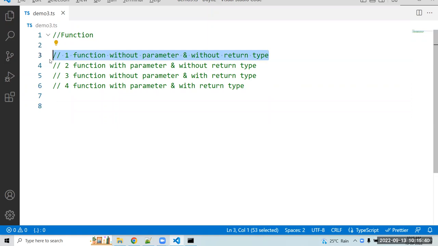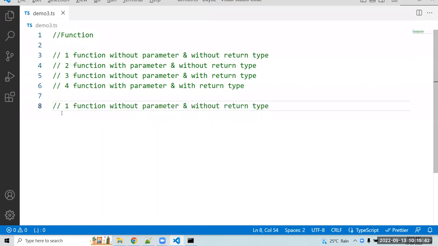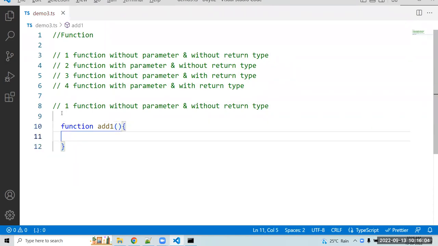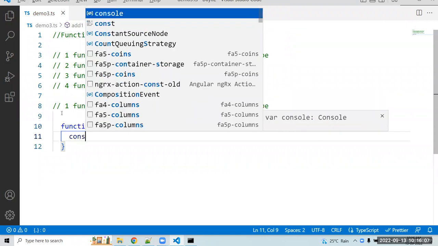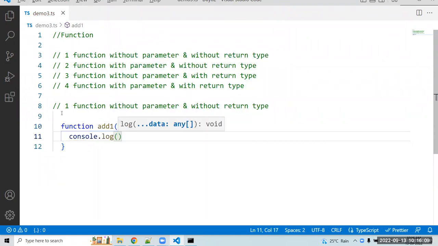Okay, see one by one how we can use it. That function without parameter and without a return type. For that, if you want to create any function, use a function keyword. After the function keyword, you can use a function name. For example, I am giving the function name as add one and curly bracket. In that curly bracket, simply we can write a simple logic. console.log, and we can mention here first type of